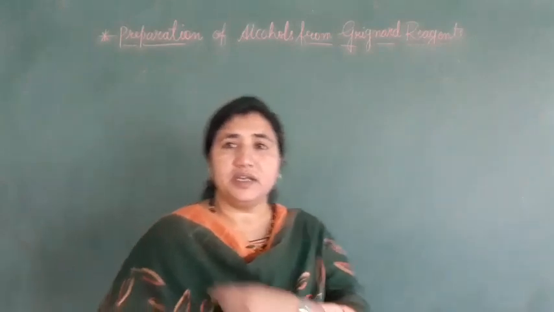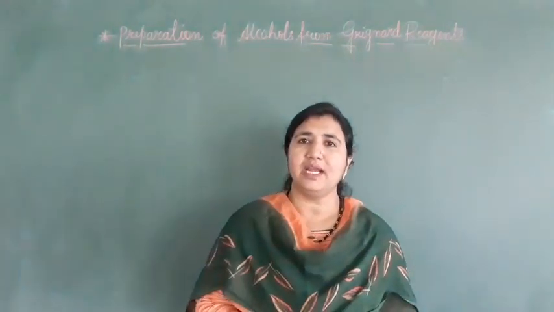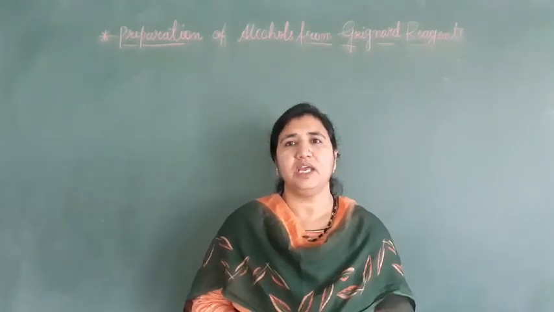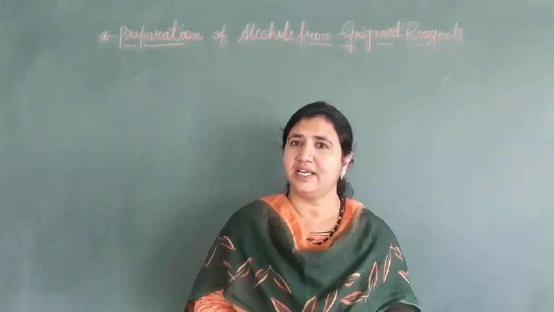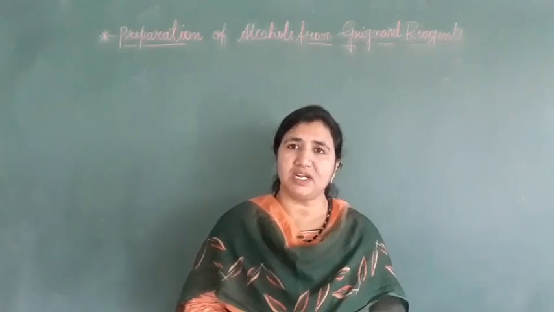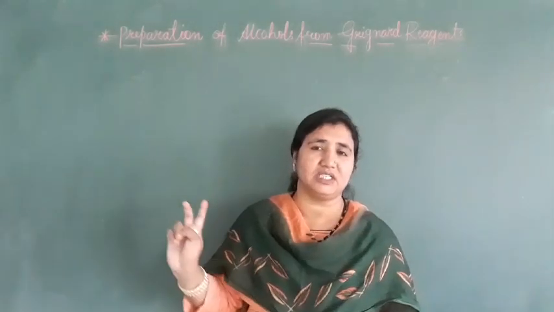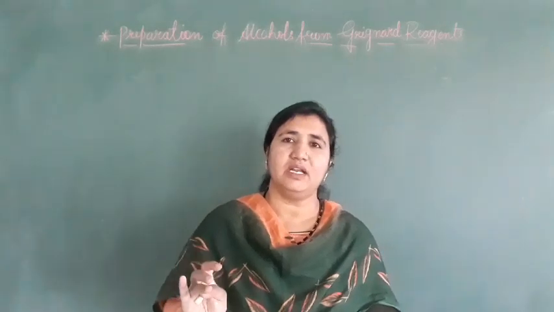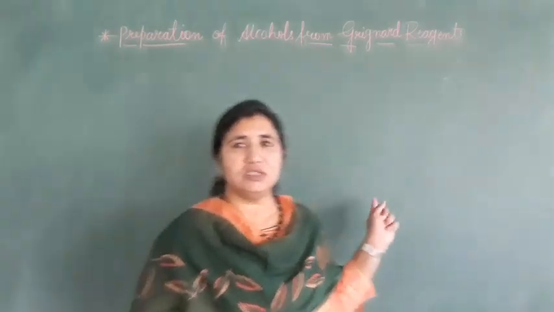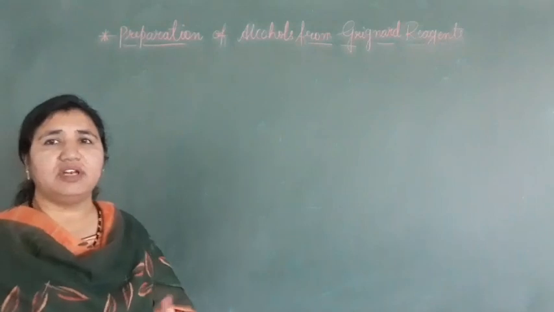Now, when Grignard reagent reacts with acid chloride and ester, it also gives aldehydes and ketones. But this is not there in the NCERT textbook. This is for competitive exams. For theory, for the preparation of alcohols from Grignard reagent we have only these three, what I have explained just now: formaldehyde, any other aldehyde, and ketones. This one is only for competitive exams. For the theory exam, those three methods are enough.